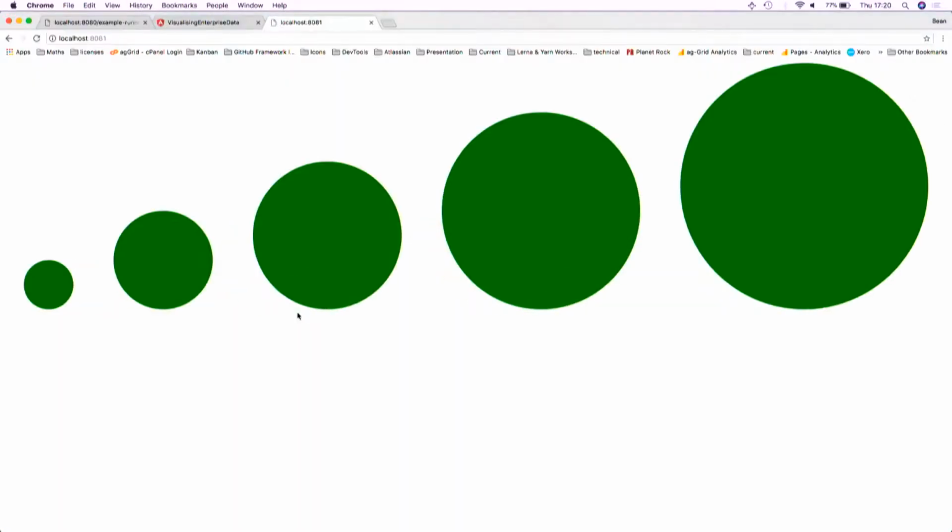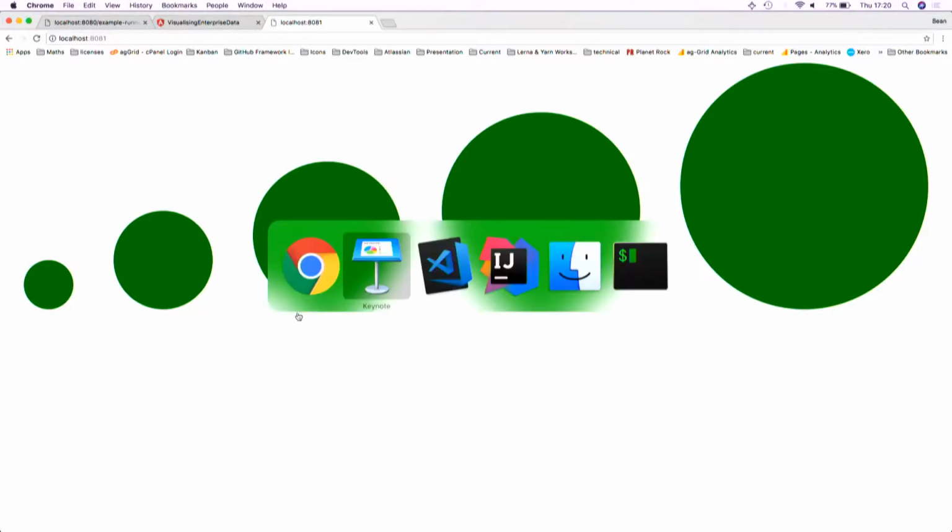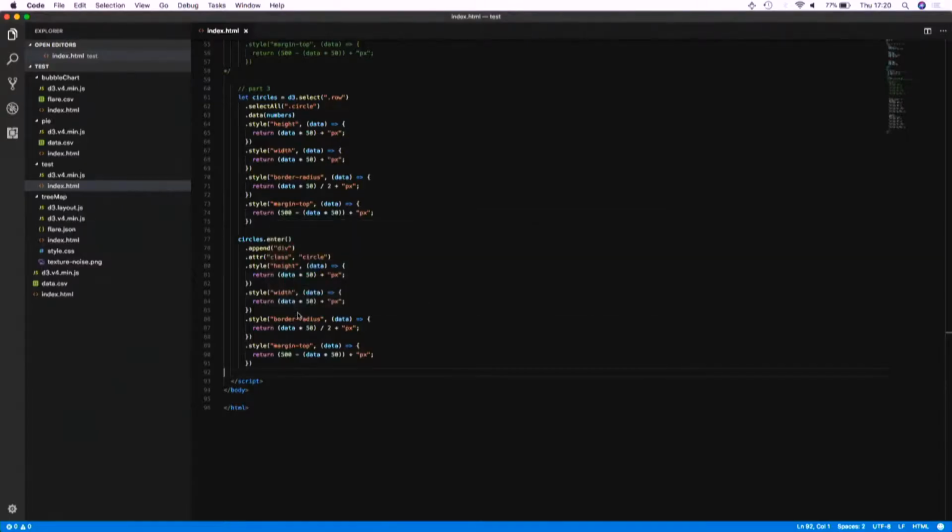So now there's 5 circles. I'll show you the code there, just so it's clear. So the top part is what we already showed you. It's doing a selection, it's modifying it, scaling it out. And then the second selection is saying enter. And what that's telling D3 is that